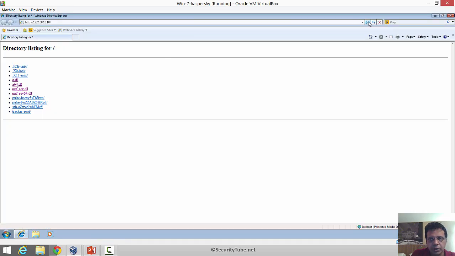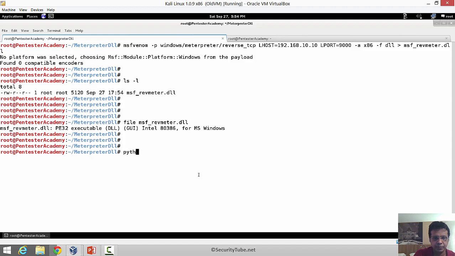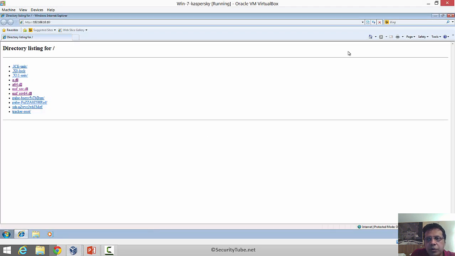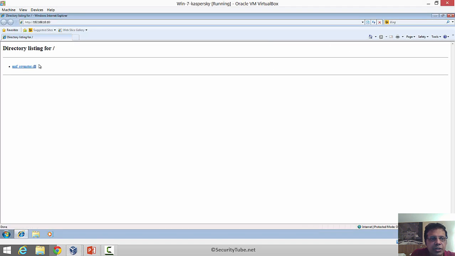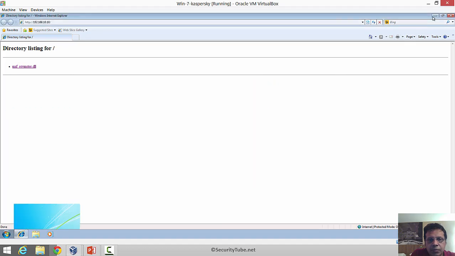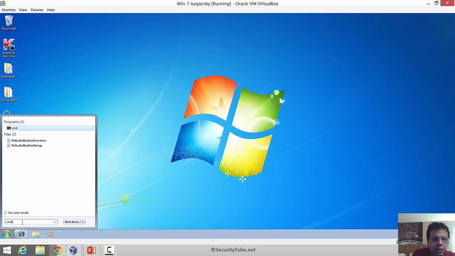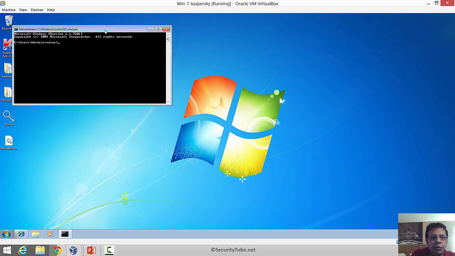So I'm going to go in here. Let's run a web server in the same directory. Let's go back to the Windows machine, refresh this, save this DLL on the desktop. Now let's open up command prompt. Now this is a 64-bit Windows system,